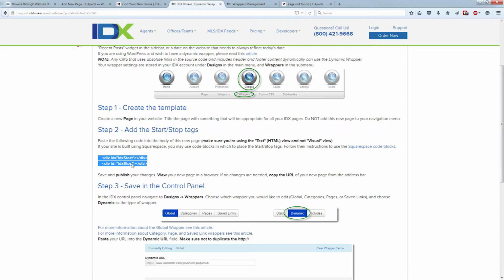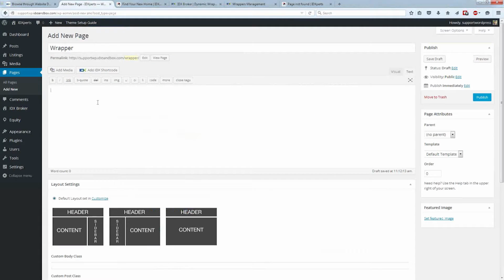Now I'm going to copy these exactly as I see them. So make sure you don't have spaces or anything else in there, and just paste that into your WordPress. Again, you want to make sure that there isn't a space between the divs. These need to be exactly as you see them here. So now I can publish this page,